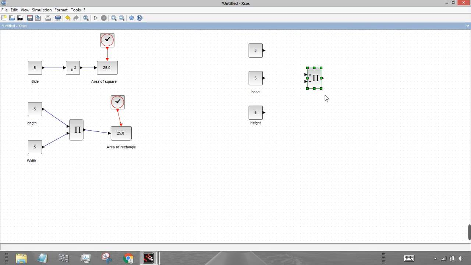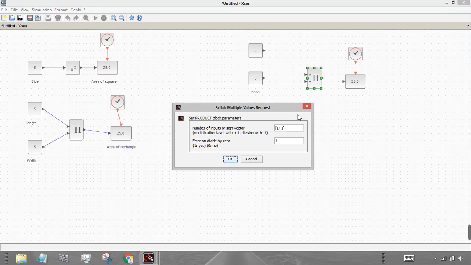Then this is product. Again select this, press the Ctrl key and create a copy of it. As we have three inputs, but here we can only input two values, to extend to three inputs just double click on it.